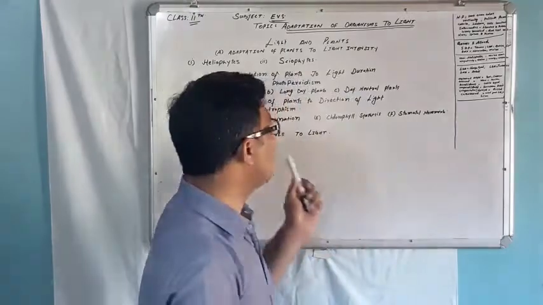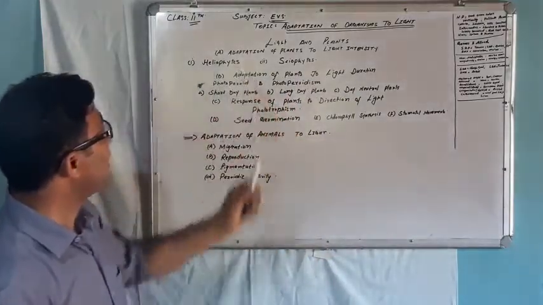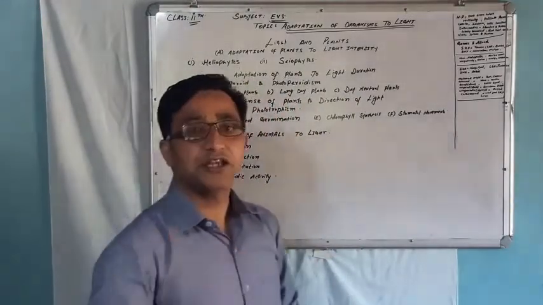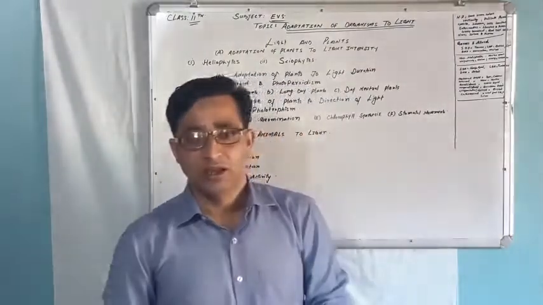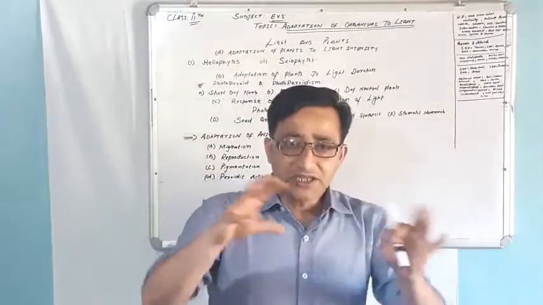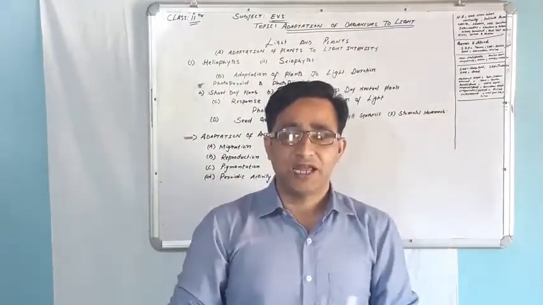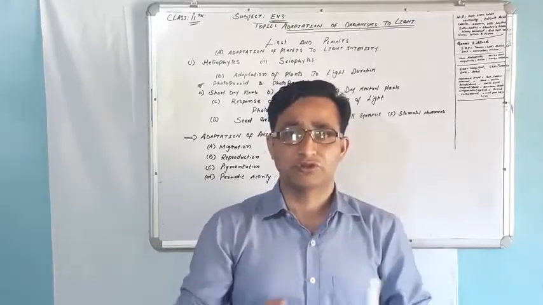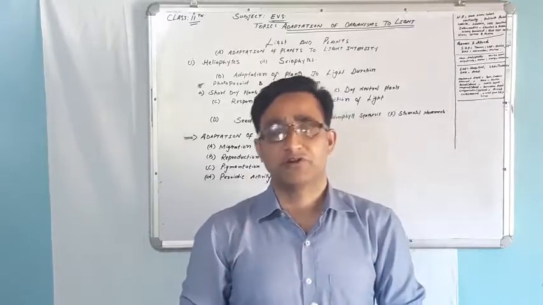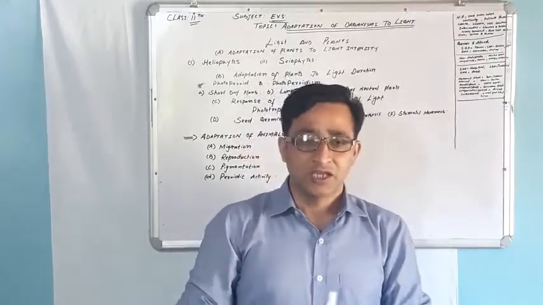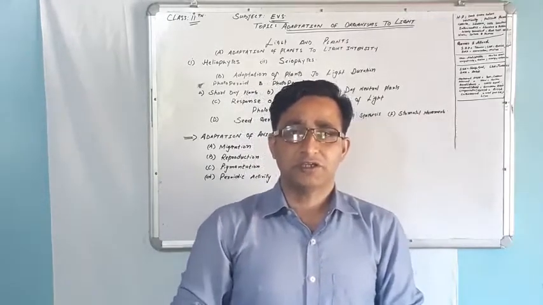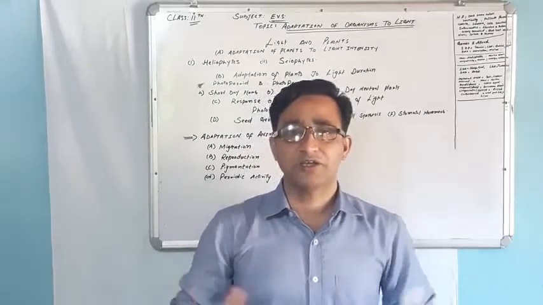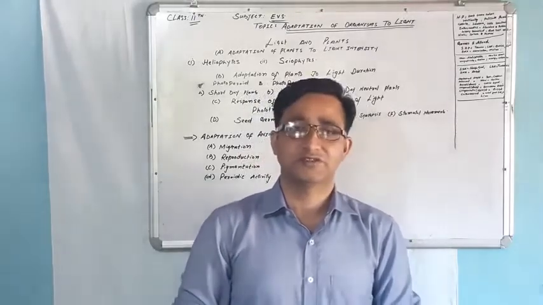First one we are going to deal with is the adaptation of plants to light intensity. Basically, the intensity of the light has an impact upon the growth of different types of plants. Accordingly, plants have been classified into two categories,